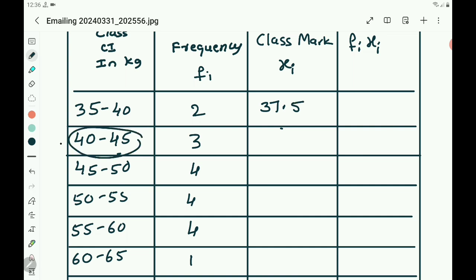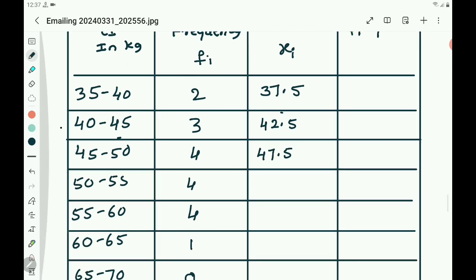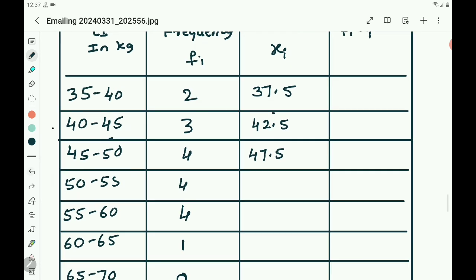40 plus 45 by 2, that is 85 by 2. 85 by 2 is 42.5. Half of 85 is 42.5. Next 45 plus 50, 45 plus 50 is 95. 95 by 2 is 47.5. Next 50 plus 55 is 105. 105 by 2 is 52.5. Next 55 plus 60 is